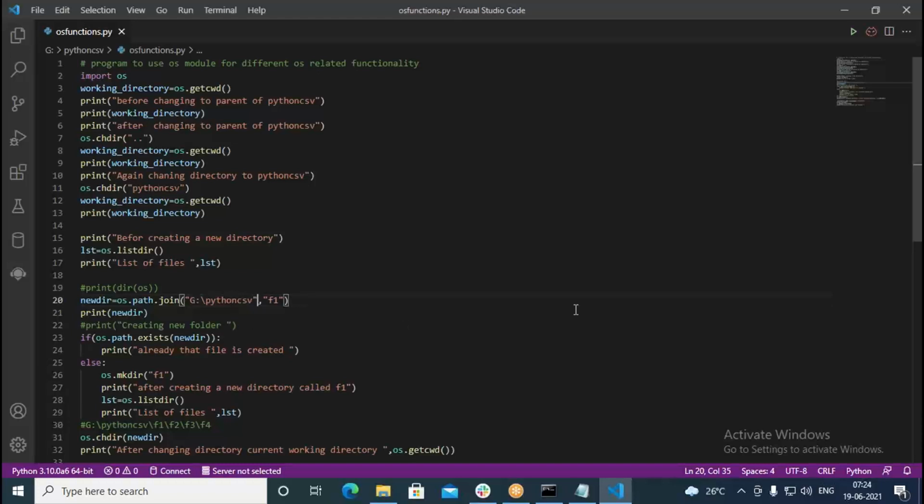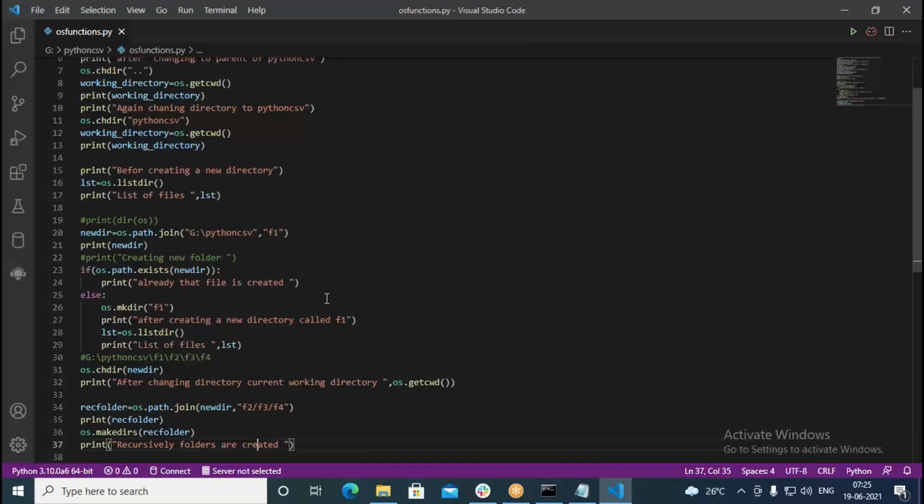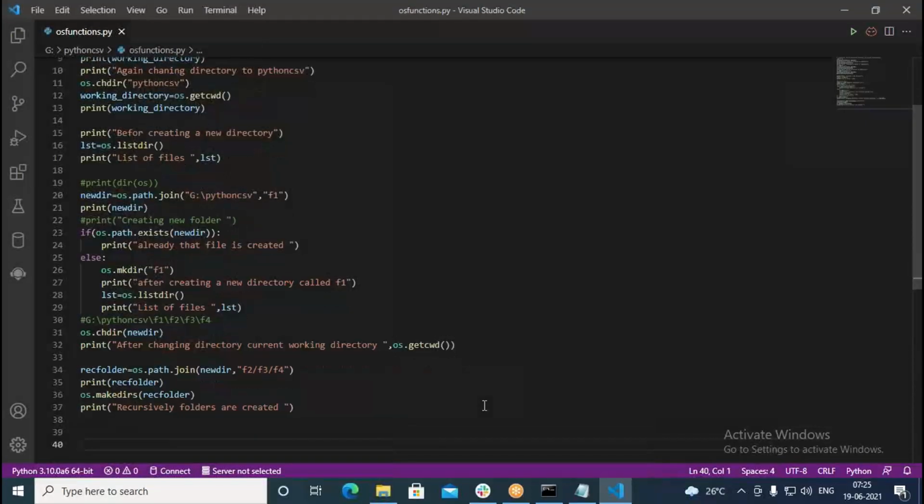The path contains the root folder, then subfolder. In that, if you have any subfolder, that also comes. So like that can combine the path. Various things from the path can be combined. So using path.join, we can do that. Similarly, when you come to here, mkdir. So using mkdir, you can create just a single folder. But when you go with makedirs, you can create multiple folders. That means folder in the folder you can create.